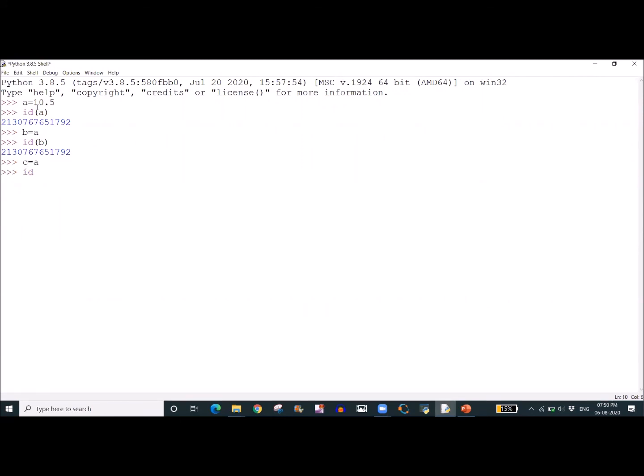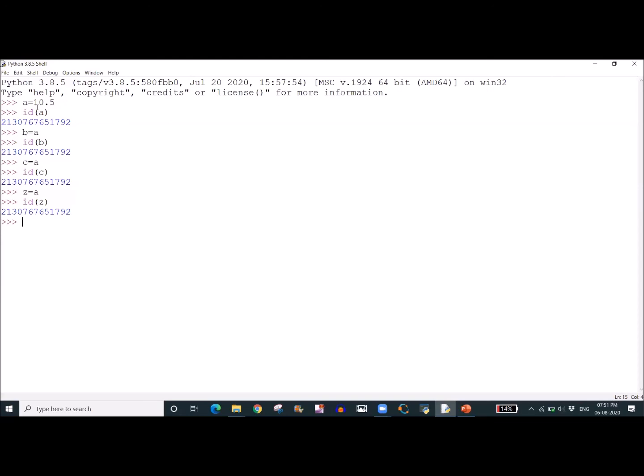We expect the same address for c also, because a, b and c are tagging to the same value 10.5. You may take hundreds of variables, and if you assign every variable with a, for example another variable z assigned with a, the address of z will again be the same, 792.